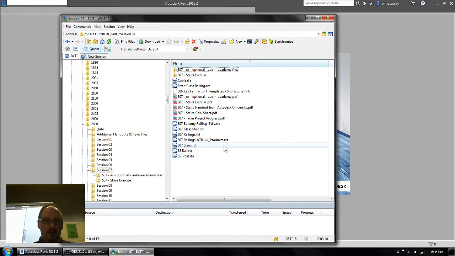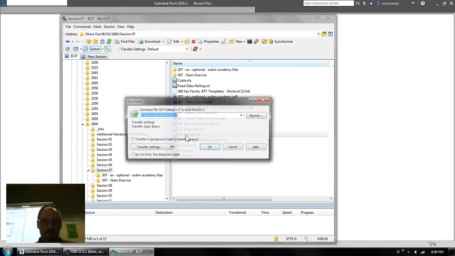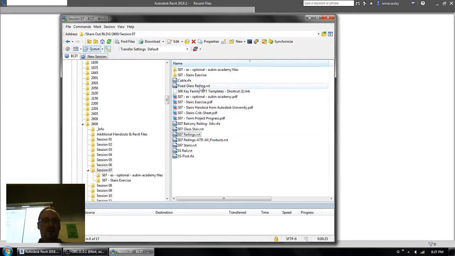In session 7 here, we've got the SO7 railings, so I'm just going to download that. If folks go into the share out folder and find the session 7 SO7 railings,